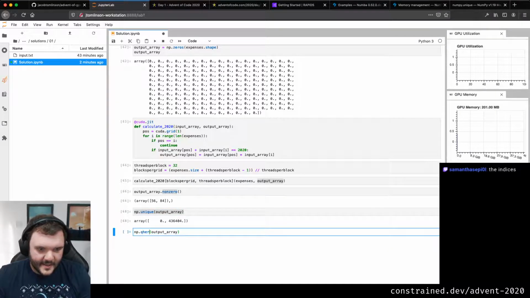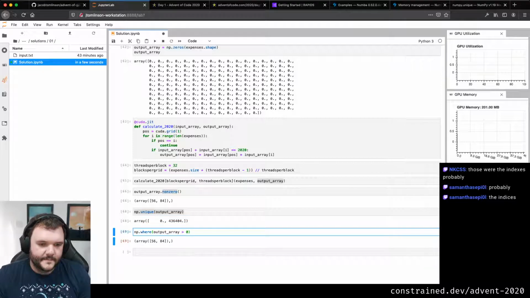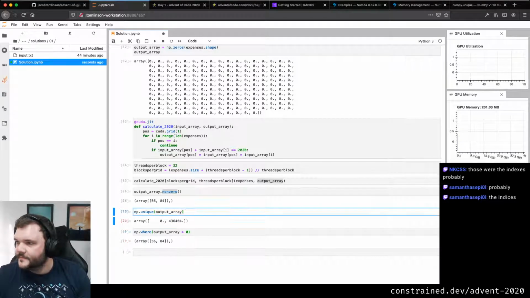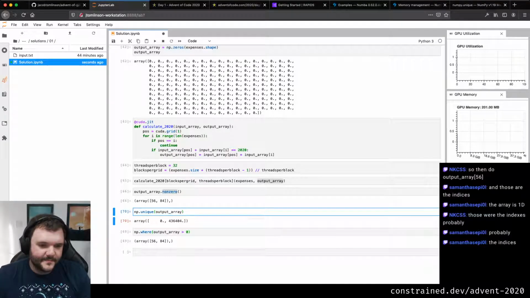If I just do where that is greater than 0. I'm slightly confused why I'm getting that number back, but I'm expecting this number. Oh, the indices. Okay. Right.